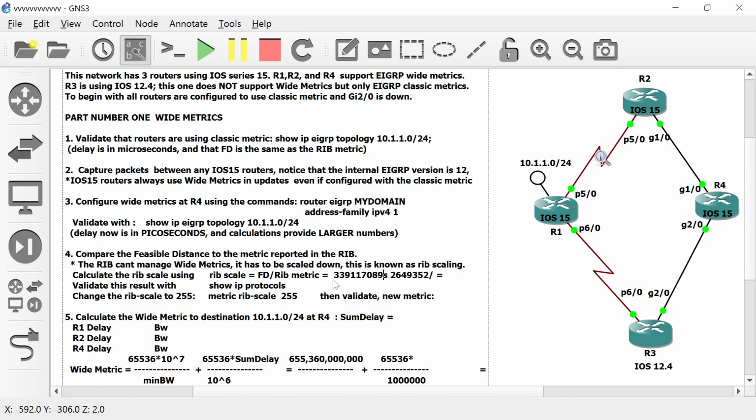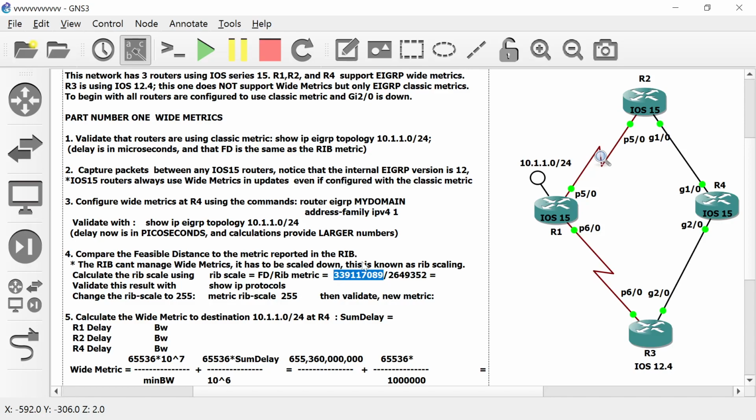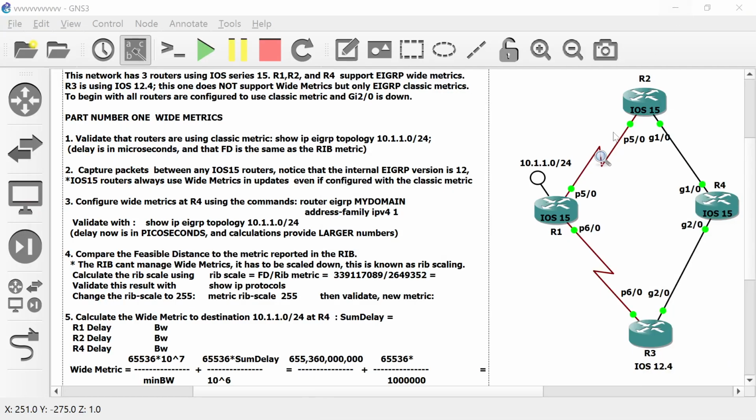So we'll have to divide these to see what the RIV scale is. This is one way of doing it for the lab purposes. So we'll have to divide this number. Let's fire up a calculator. So we'll have to divide this by